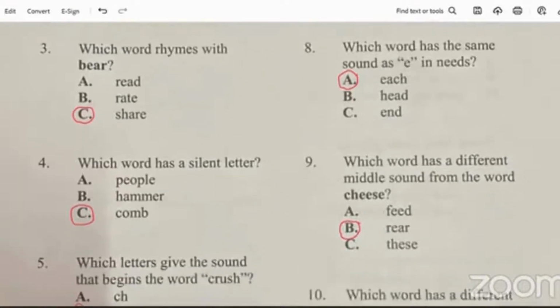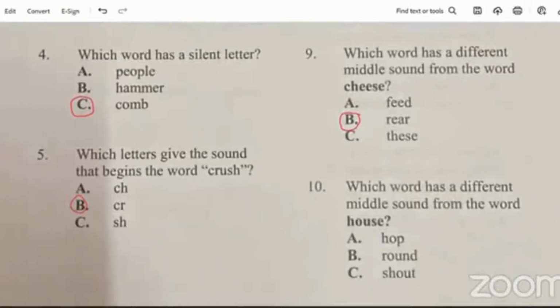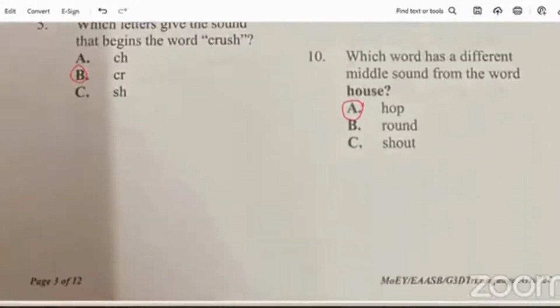Okay, so let's get to question 10. Which word has a different middle sound from the word house? Is it hop, round, or shout? Okay, so the middle sound would be ow, right? And so the one that does not have the same middle sound would be A, hop. Moving along to question